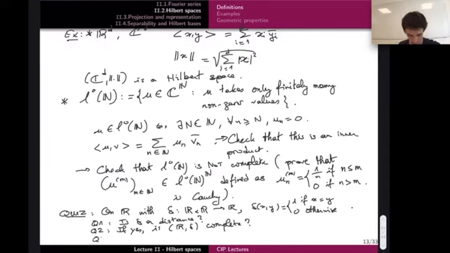And the third question: if this is complete, is R with this norm, the delta norm here, a Hilbert space,